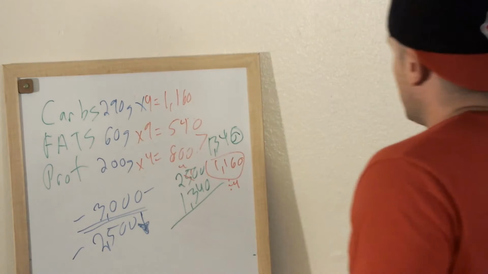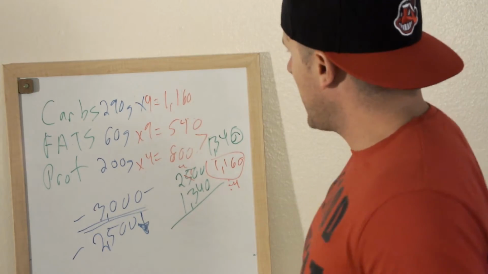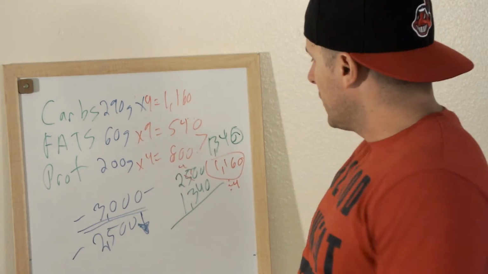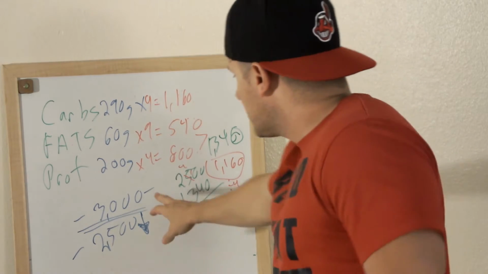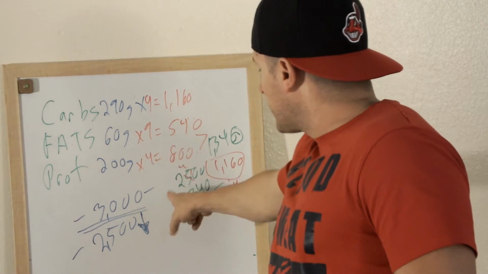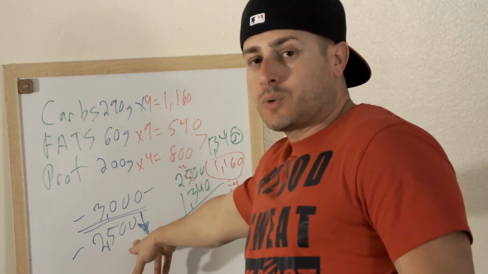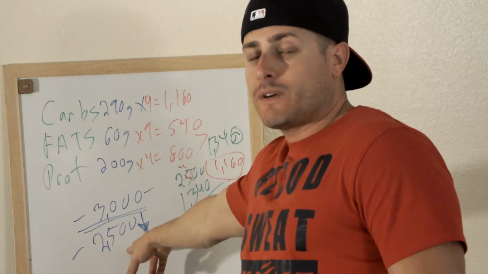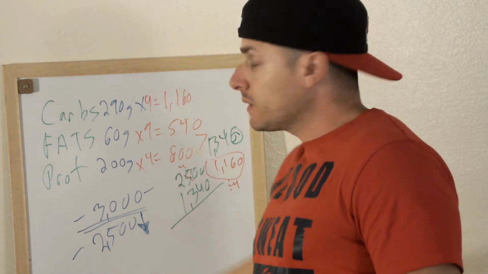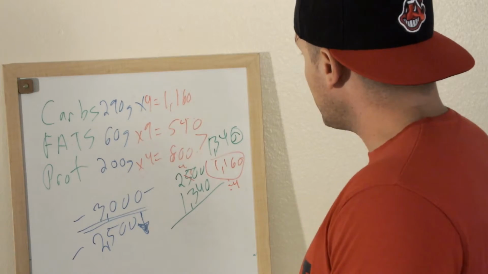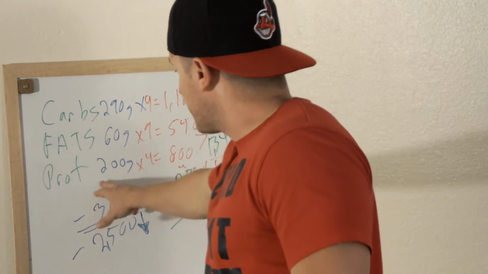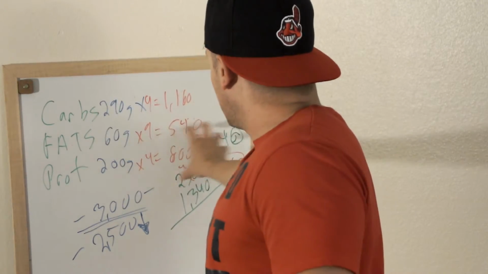Okay, so what does that mean? It means you have your macro plan. We first determined that our maintenance level is 3,000 calories per day. Subtract 500. We need to get to 2,500 calories per day in order to cut and lose weight. So, by determining your protein and fats,